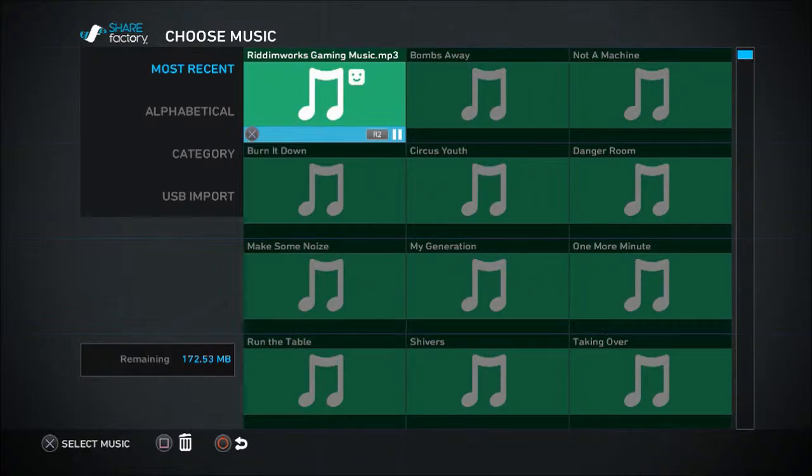the instantly recognizable theme of Rhythmworks Gaming,